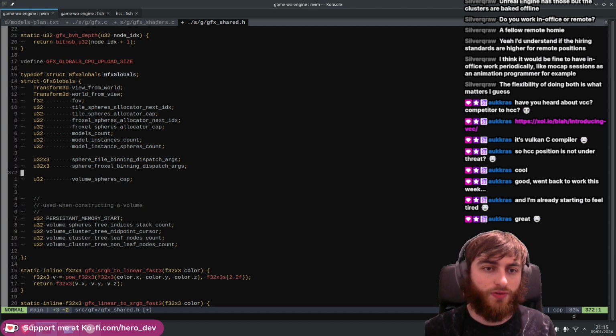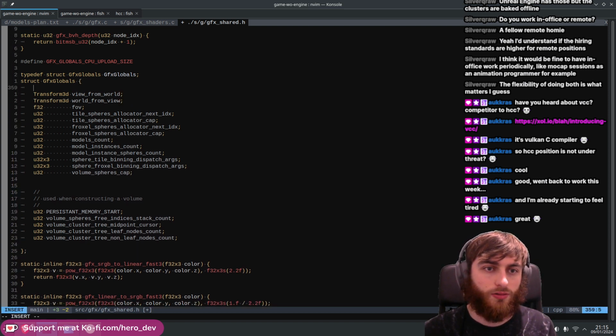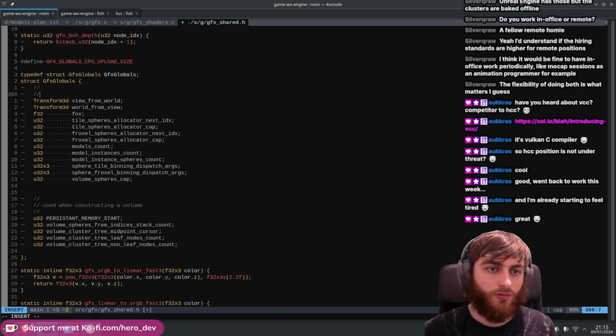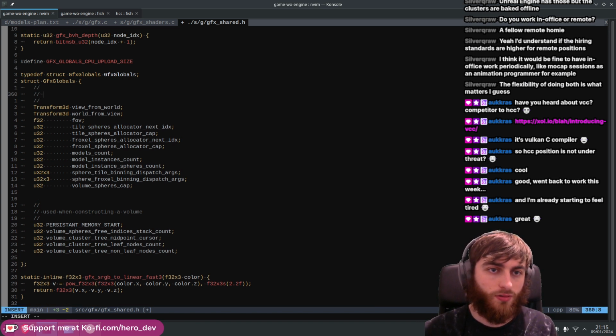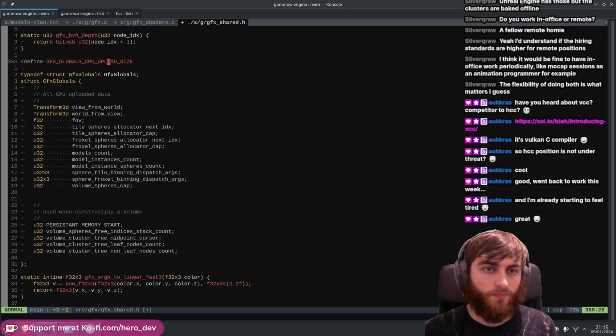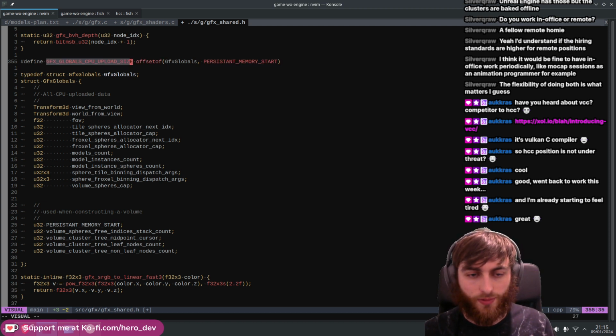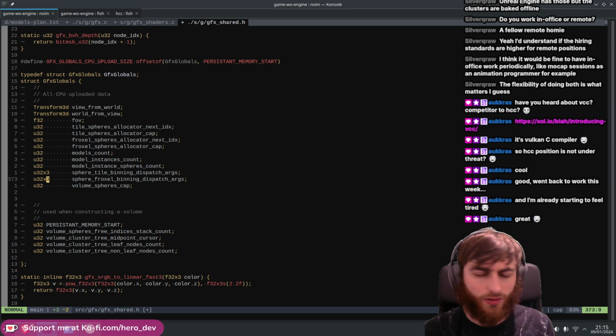These are all the ones that the CPU shares. So we'll just use the offset of persistent memory start. Now with this upload size, I think I've got to modify